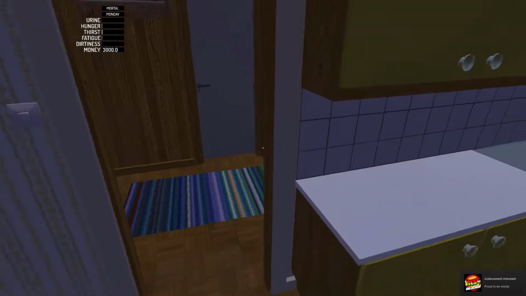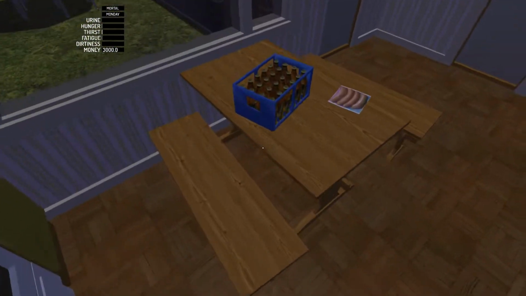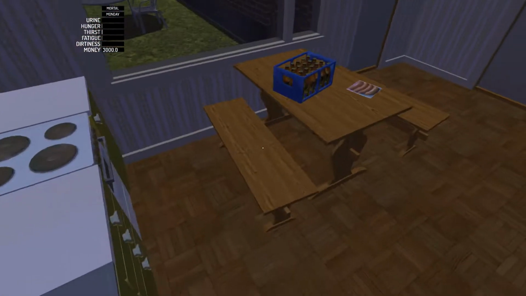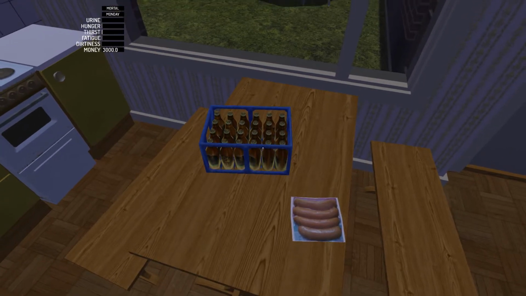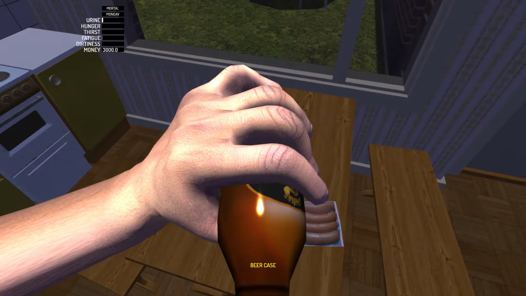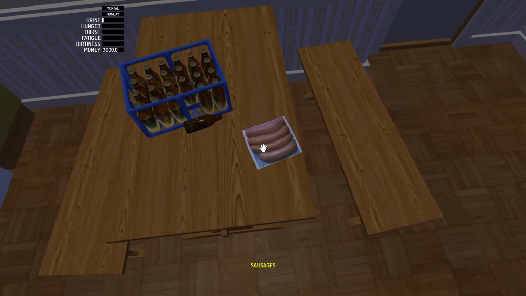Right, so we have a urine, hunger, thirst, fatigue, dirtiness, and money meter. So it's a bit of a survival thing. I've got some beers. What's the interaction button? So what you want to do is look at it and hit F. Okay, gotcha. Beer case. There we go. Smashed a beer. But it's increased a year and a bit. Yep. So then you can walk out and...